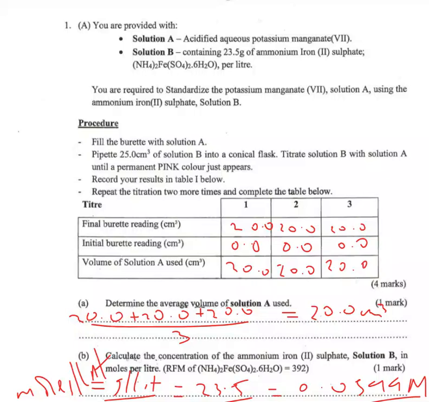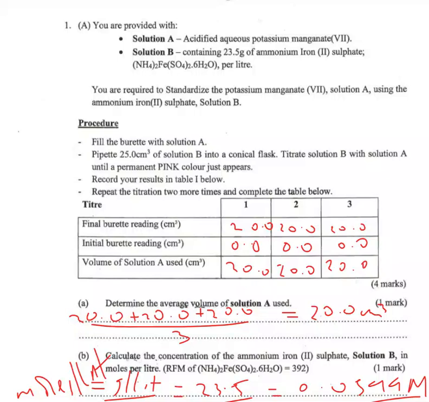Now let us look at this question carefully. It's a redox titration, and we are told that you are provided with solution A, which is acidified potassium manganate(VII), and solution B, containing 23.5 grams of ammonium iron(II) sulfate per liter. Then we are required to standardize the potassium manganate(VII) solution A using the ammonium iron(II)